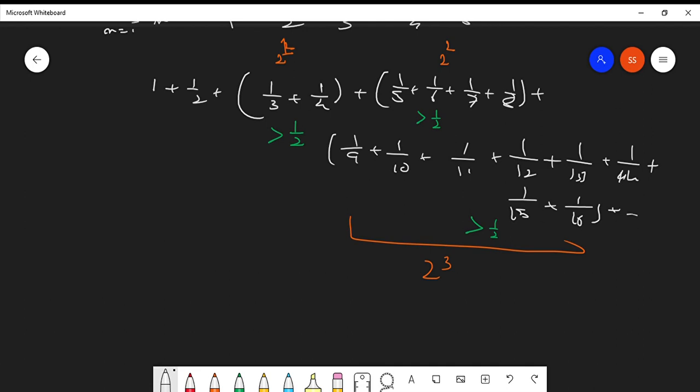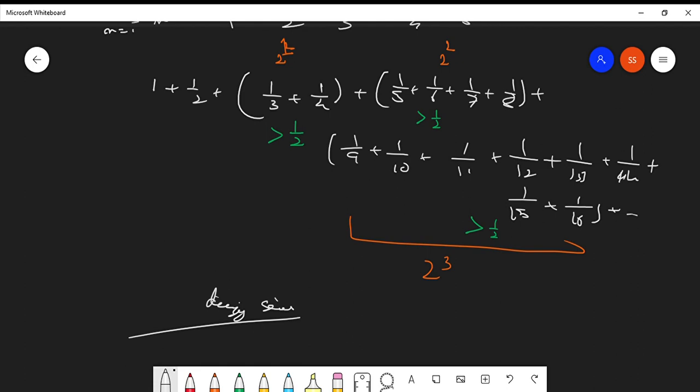And what does this mean? It means that it does not have any upper bound. It has a lower bound, 1 over 2, you can call it, but it does not have an upper bound. Not having an upper bound gives you the answer that it is diverging. Is that very, very clear? Okay. So this is a diverging series. Is that clear? Okay, so this much is clear, guys.